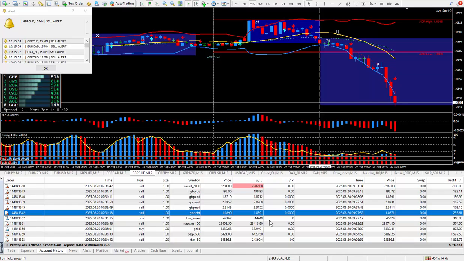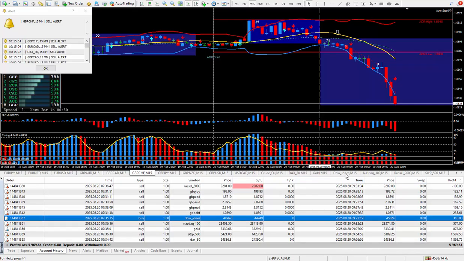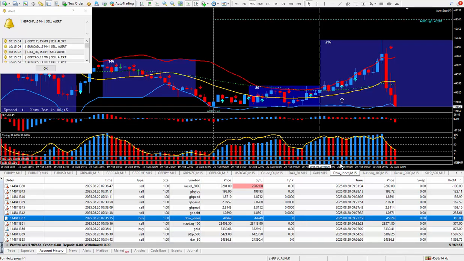$235. Okay, now we're going to move on to the futures. As you can see, they move a lot more and they pay a lot more. Dow Jones is the first one. So let's go pull up the Dow Jones. Let's see where I got in at. This one I bought it. There's the